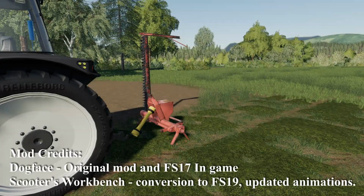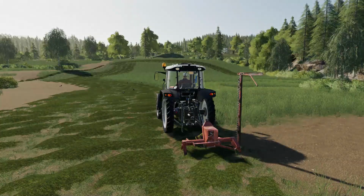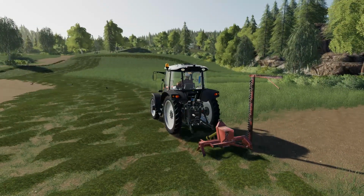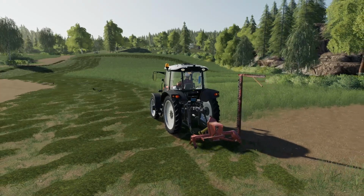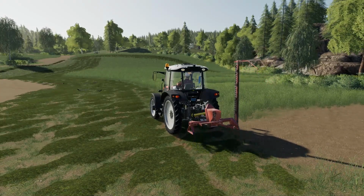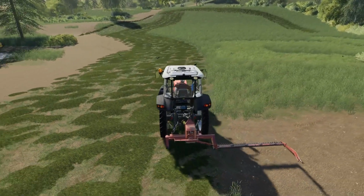All right, the first mod we're going to look at is the Kuhn FA367T Sickle Bar Mower. This bad boy right here. Just a real simple mod. It's a sickle bar. Let's see. Looks up. You can see that it has the functioning PTO. Has the lower